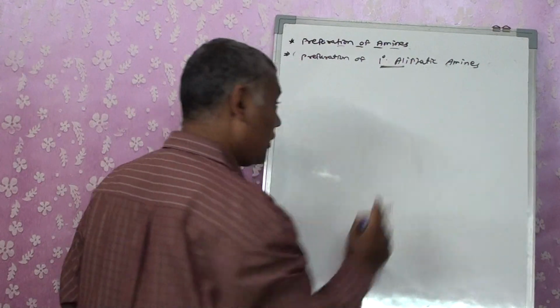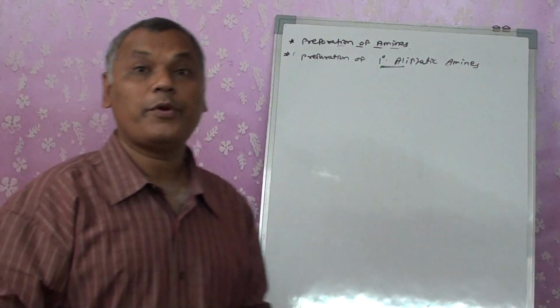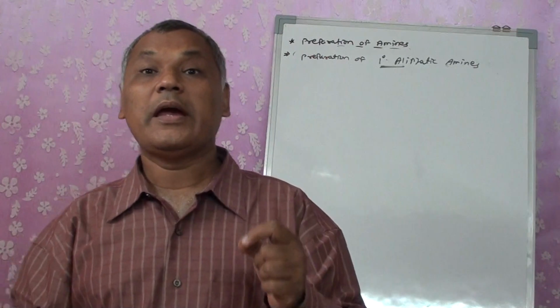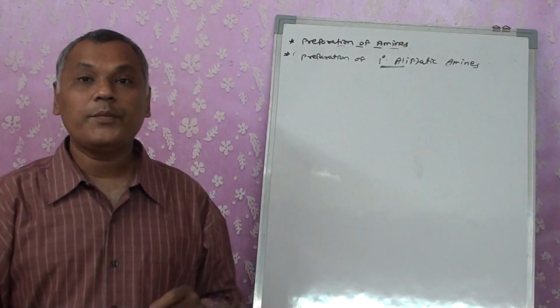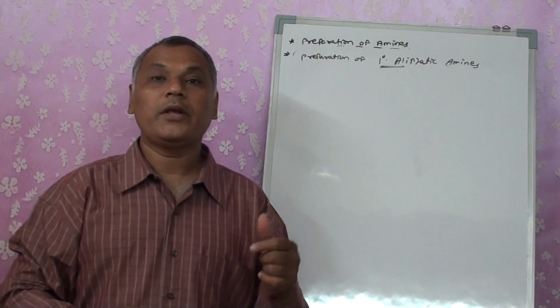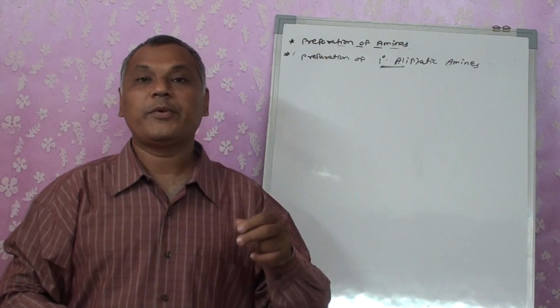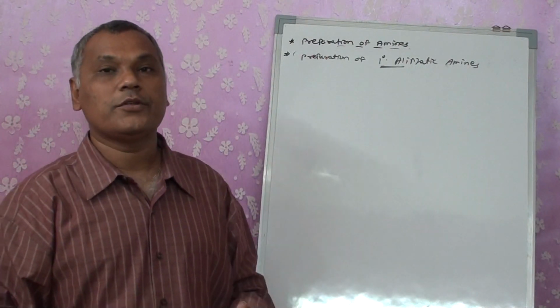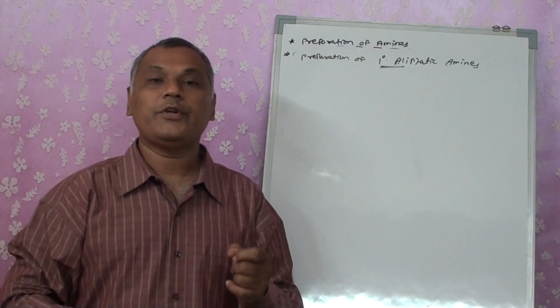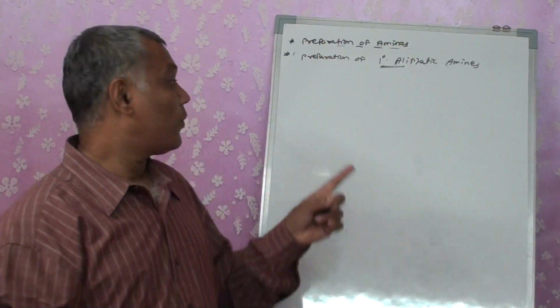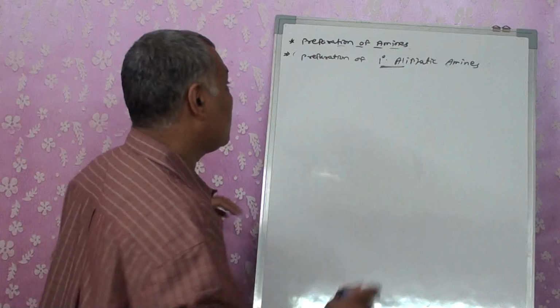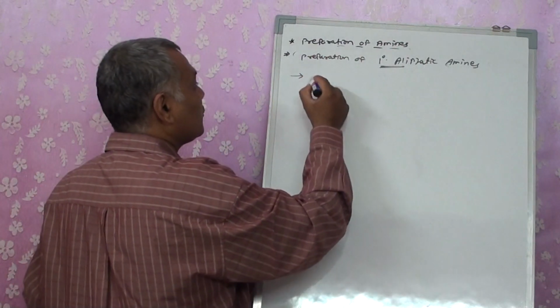This is particularly the method which helps to prepare only primary aliphatic amine. I can't prepare any kind of aromatic amine with it. I can't even prepare secondary or tertiary aliphatic amines. This reaction will help me get only and only primary aliphatic amine. This particular method or reaction is known as